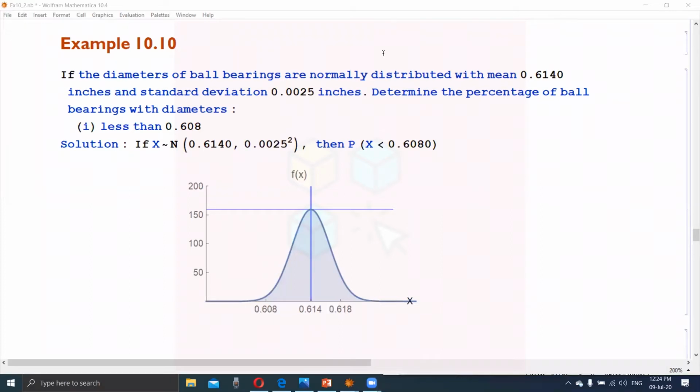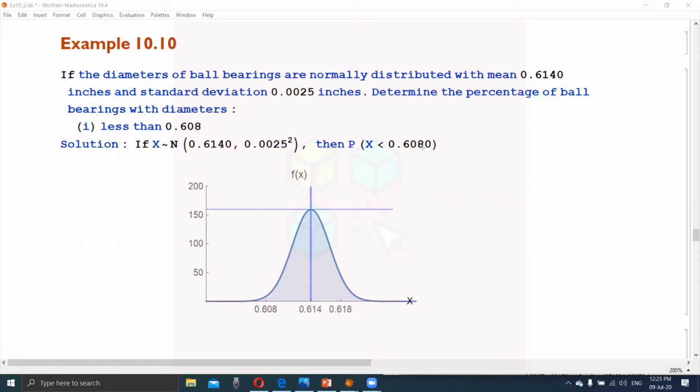As we know, the standard deviation is 0.0025, in 4 decimal places. So in such types of questions we will use continuity correction, in which the accuracy measure is very minute. In the solution, X is normally distributed with mean 0.6140 and variance 0.0025 squared. Then we have to find the probability X less than